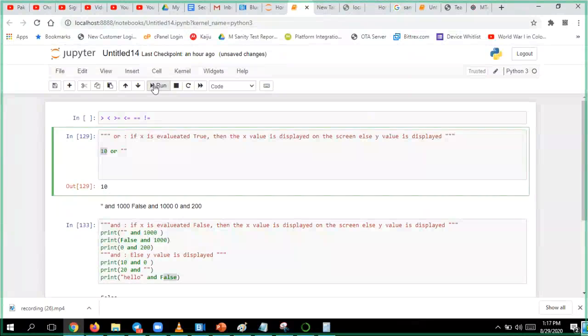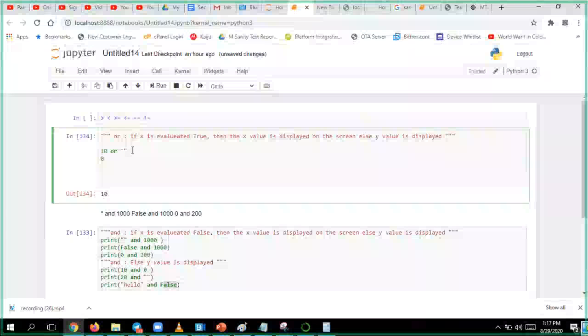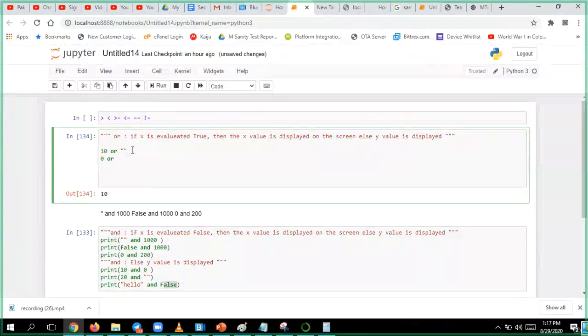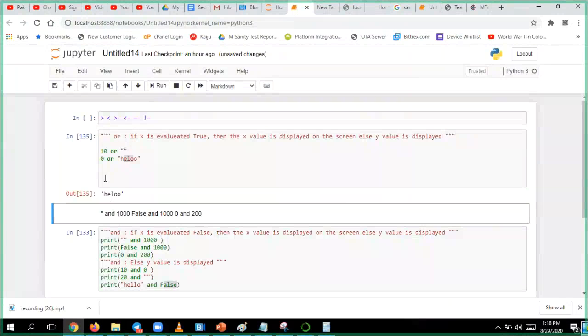If the first value is false, automatically whatever is there will be displayed in the OR. So you have to evaluate.